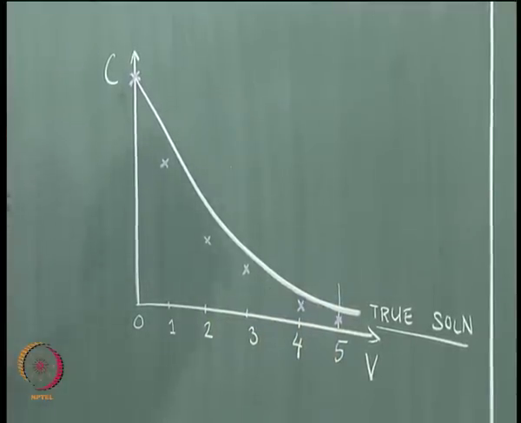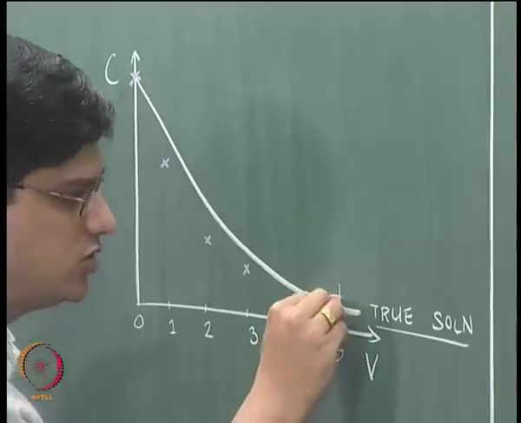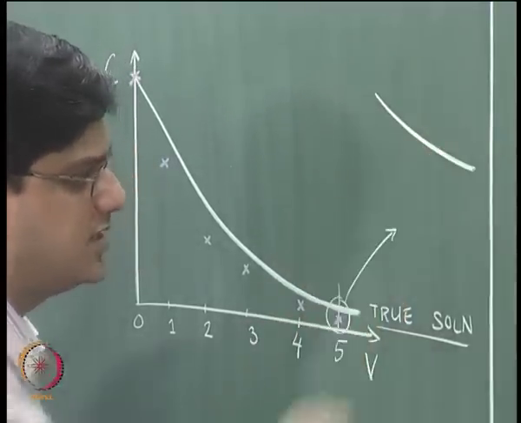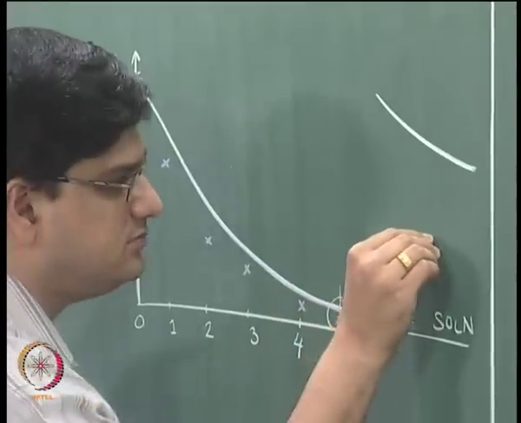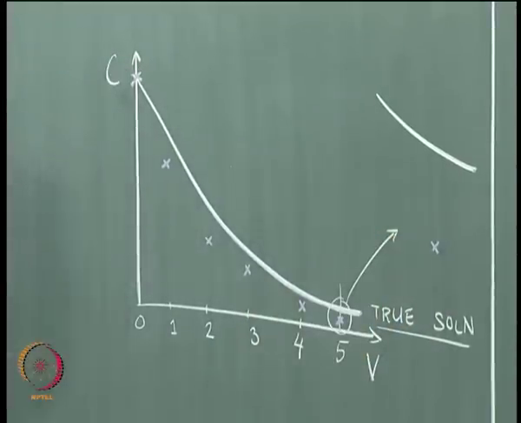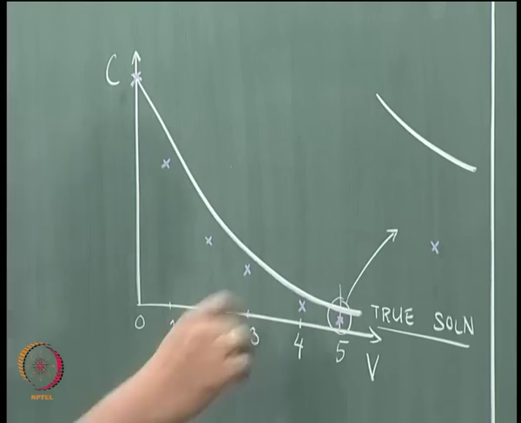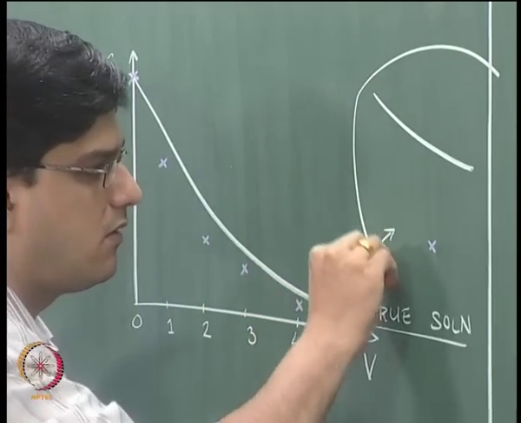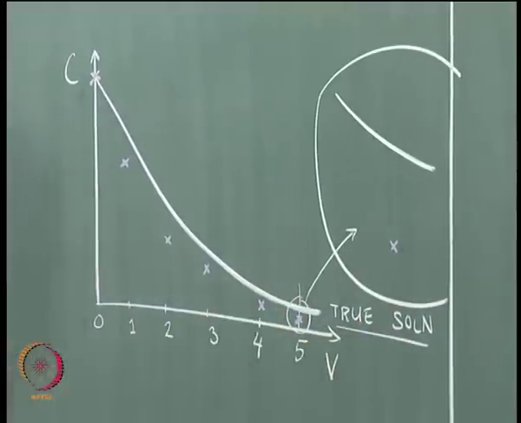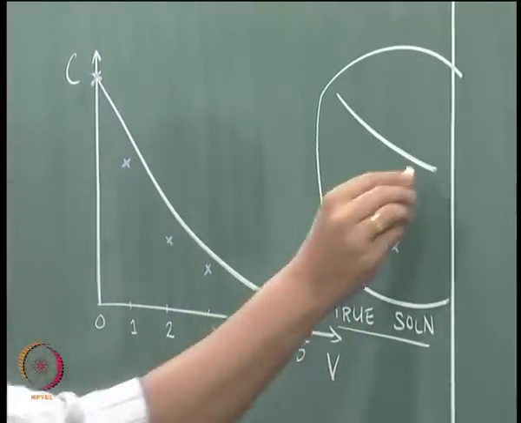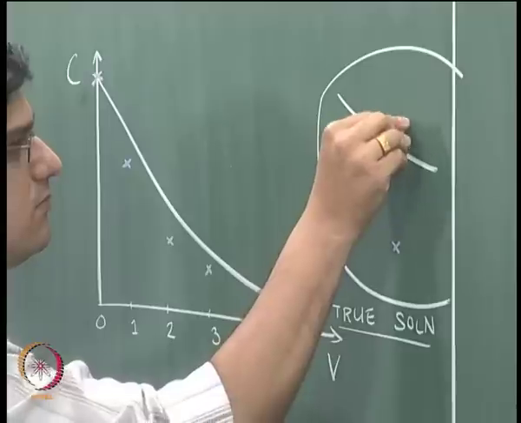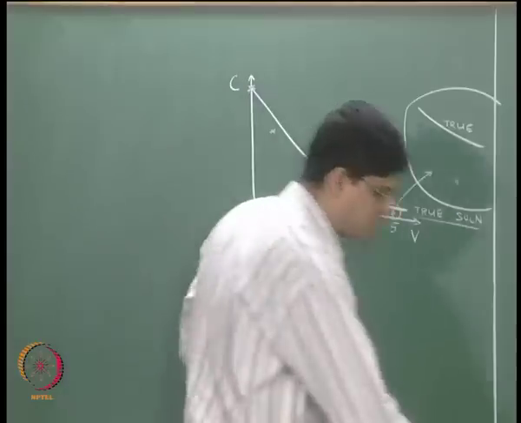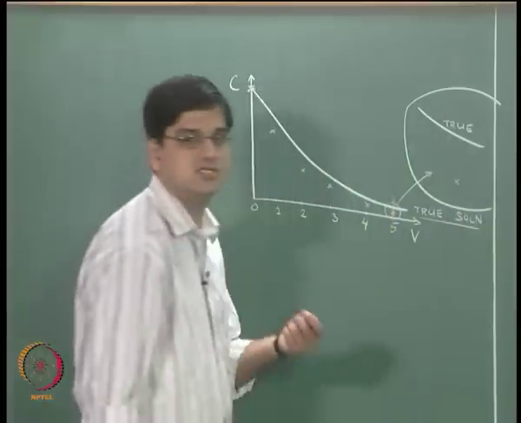So if we take a magnifying glass and just blow this thing up, what we will see is the curve coming like this and this purple cross over here, okay. So this is the magnified view of this particular region, okay, and this is the true solution, okay. So what we do next is, let us say somehow this particular solution is available to us.